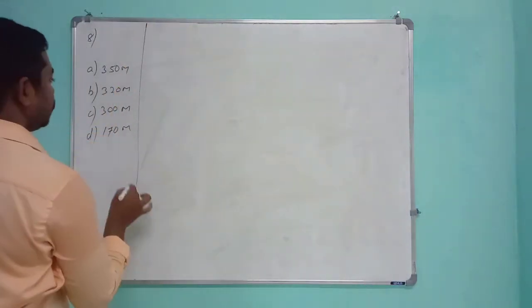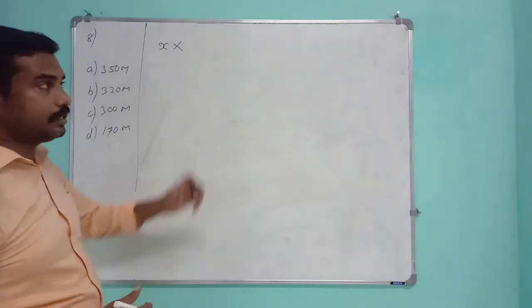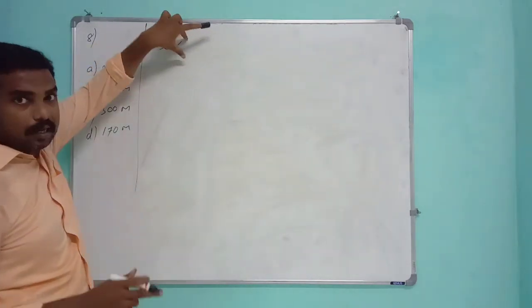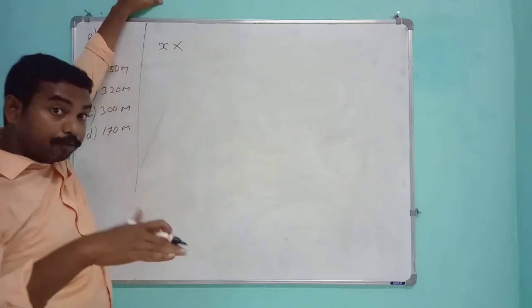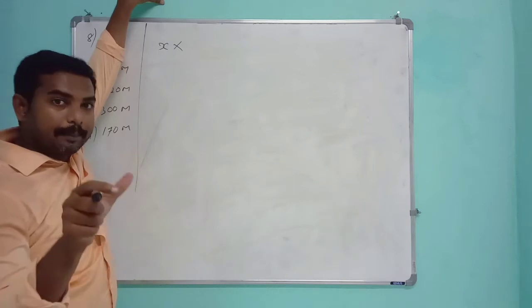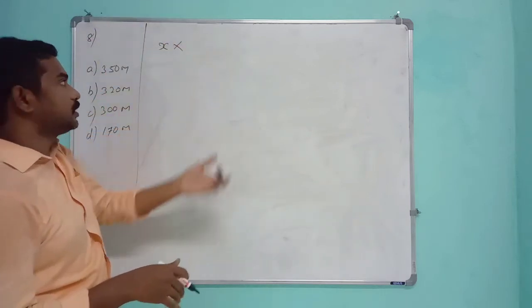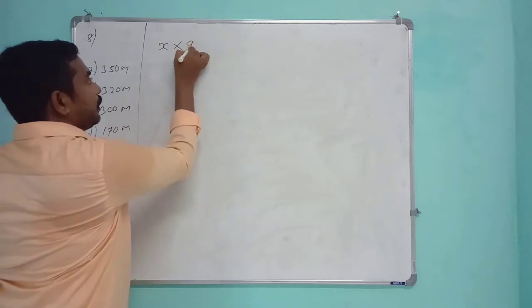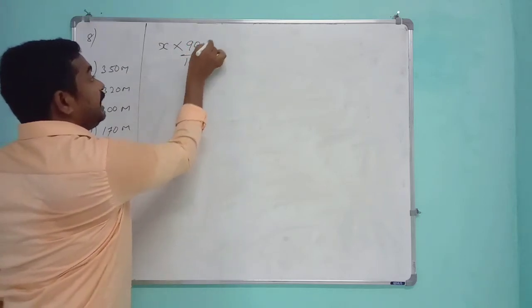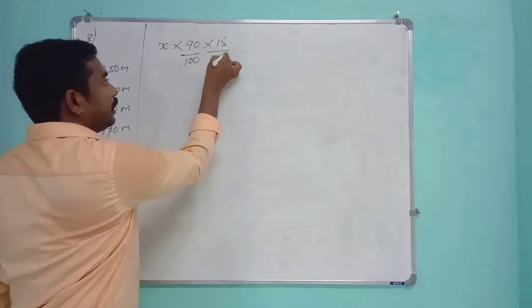Now let us consider the original length of the wire x, into 10% was stolen. See, many of the students put 10 here. It is not 10 here. The leftover part we should write, because the words remainder, left, remaining are important. When you find these words, you put the left part. If 10% is stolen, 90% remains, 90 by 100, and if 85% is used, the remainder is 15 by 100.